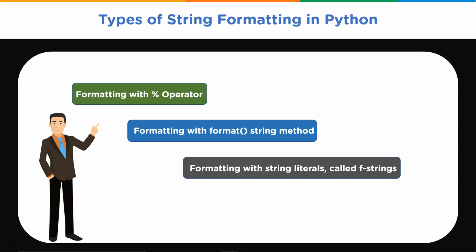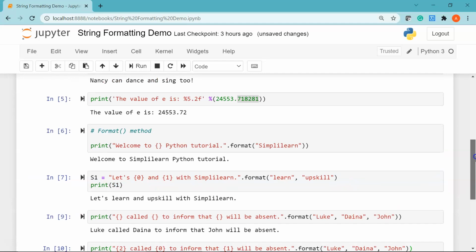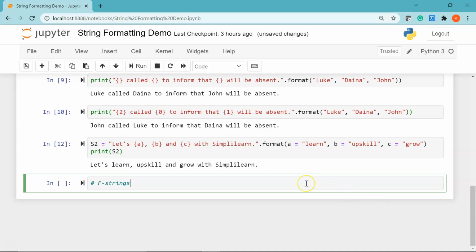Now when you use f-strings, you need to display variables. So for that you need to specify the names of the variables inside a set of curly braces, and at runtime all variable names will be replaced with their respective values. So let's go to our Jupyter Notebook and we'll see a few examples. Alright, now let me give a comment as f strings. Okay, so